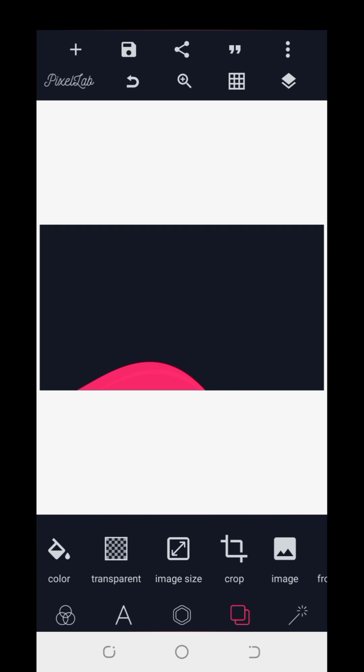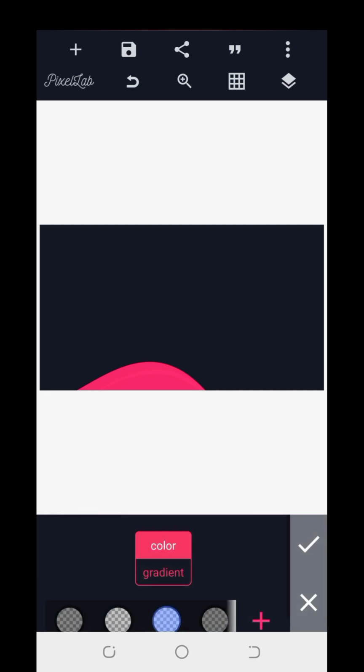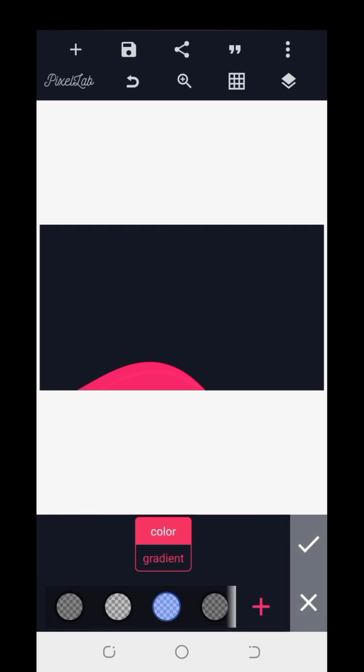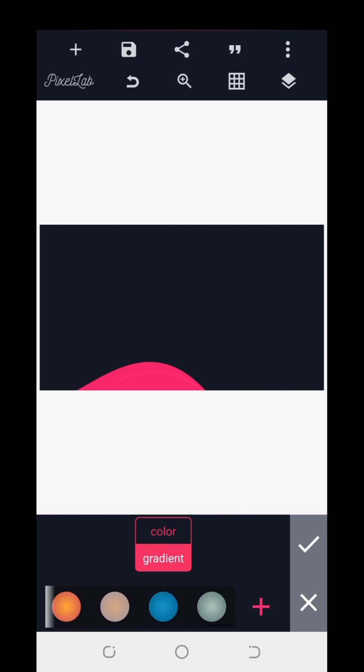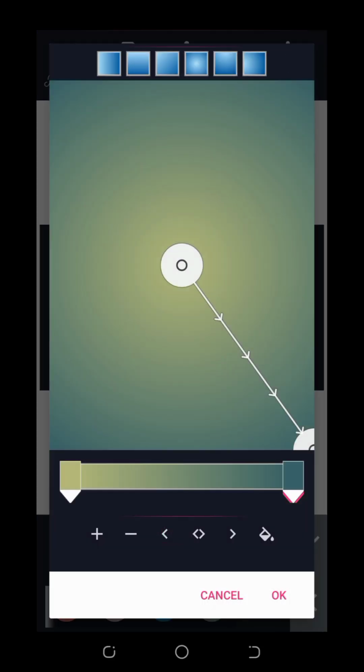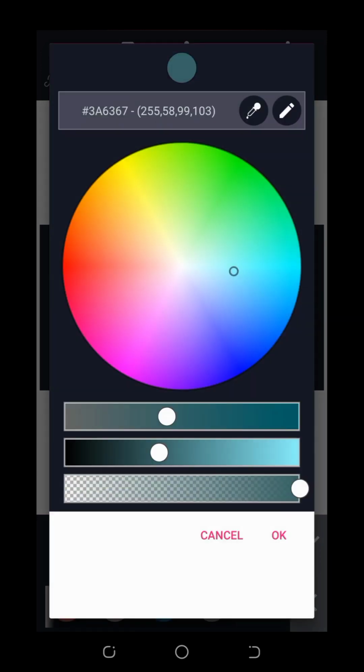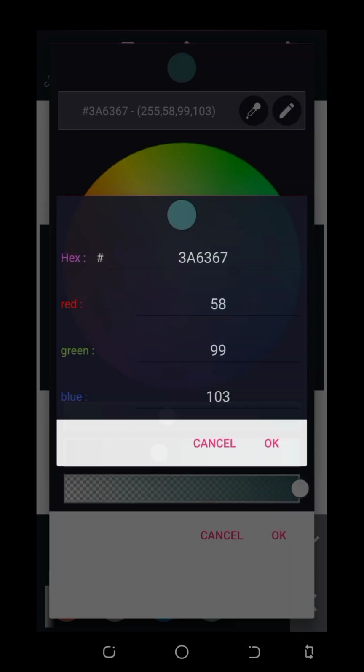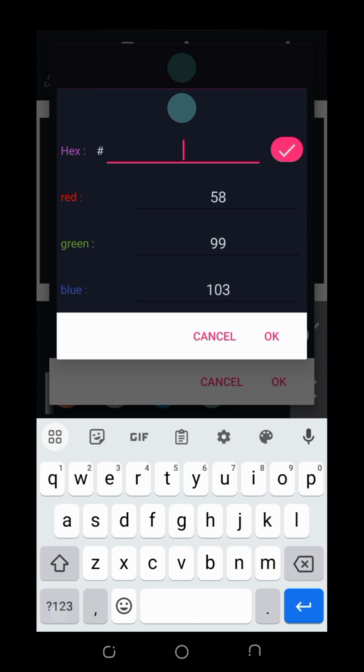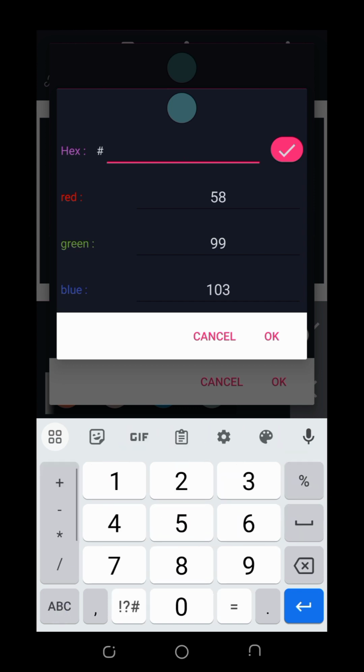Now the next thing we're going to do is to change our background color. To change the background color, just come to this place you're seeing color. Now the color we want to use is actually a gradient type of color. Then click on this place you're seeing gradients. Now if you are on your gradient for the first time, just tap on plus. Now you might be getting something like this. Now this is what you're going to do. Click on this place you're seeing color icon right here. Now the color code I'm going to use for the background is actually